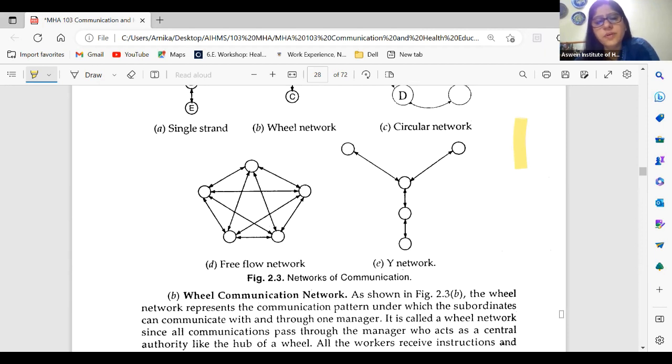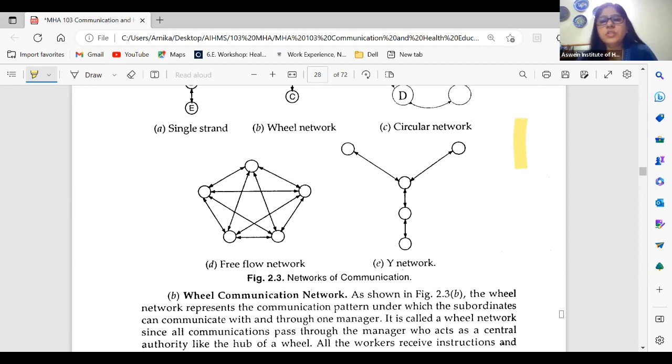As you can see, one person can talk to multiple people, and those multiple people, anybody is talking to anyone. So this type of free flow network has advantages, because information is transferred to multiple receivers. But then again, there is a question of accuracy. This is kind of a gossip thing. The information which is passed on becomes diluted.